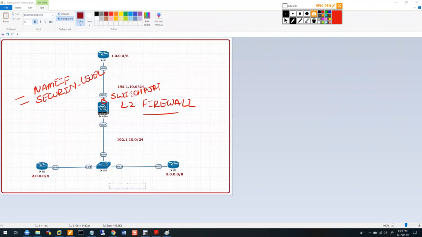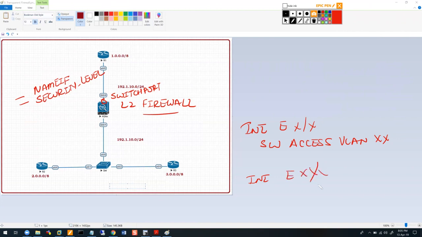Now, what do you assign to a switch port? What's the config on a switch port generally? Let's say I was on a switch. Interface Ex/X. Switch port what? Access VLAN XX, right? So if you wanted 2 interfaces to be part of the same VLAN, you would do that,